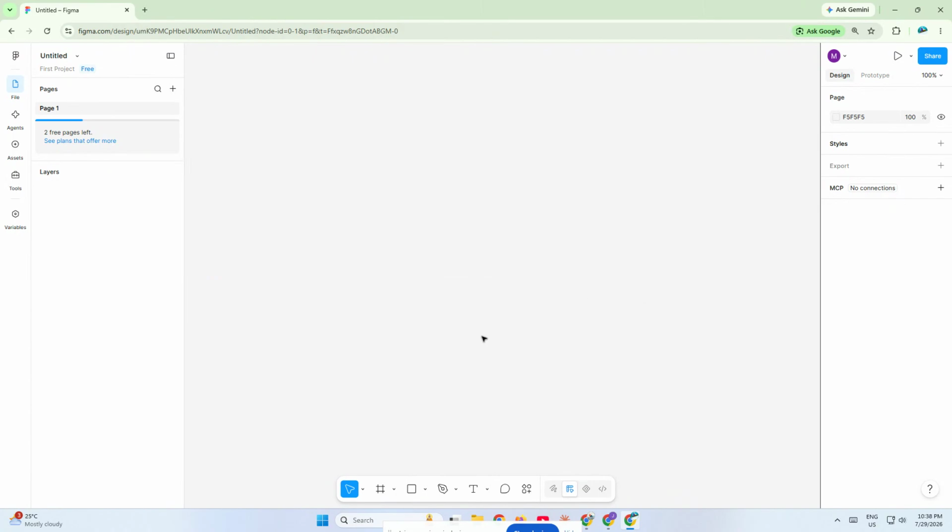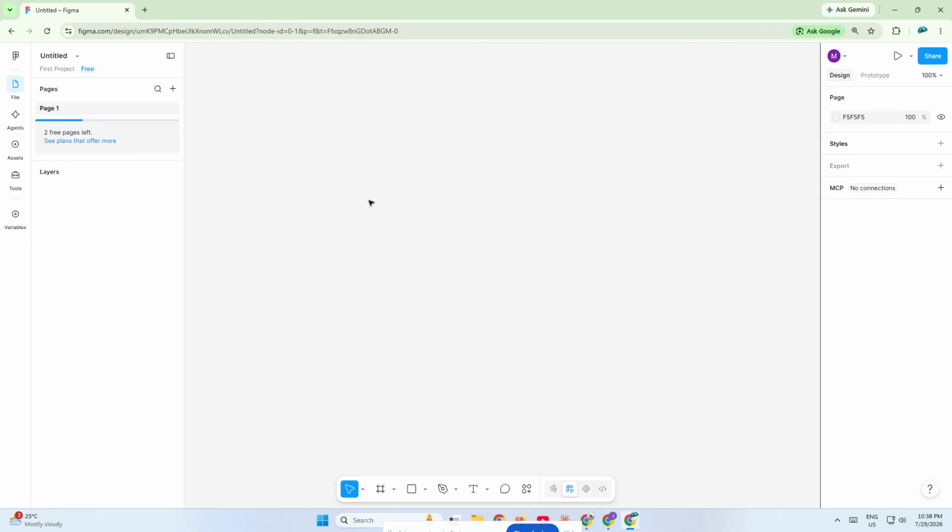Alright, let's jump in. First, open Figma and start a new design file if you haven't already. We're going to begin by creating a new frame, and the size of this frame should be just enough to contain the text that you want to animate. Think of this frame as the visible window for the slider. It should not be too large because we only want a small section of the text to show at the